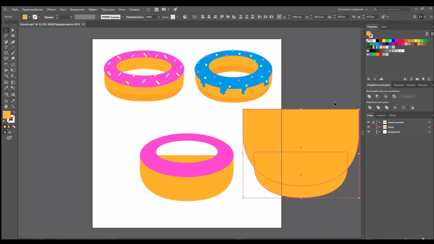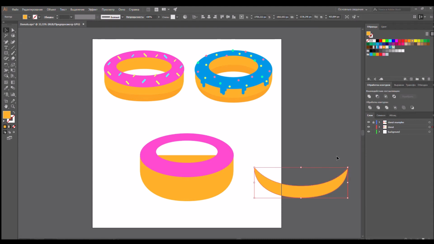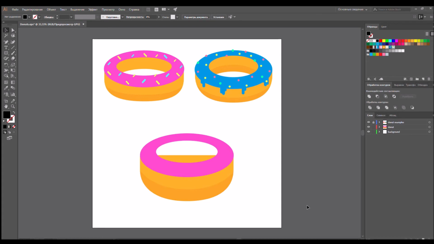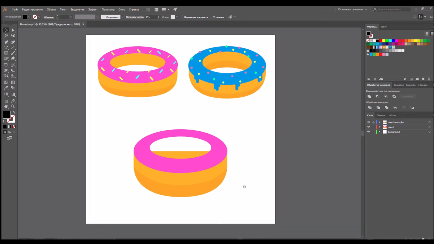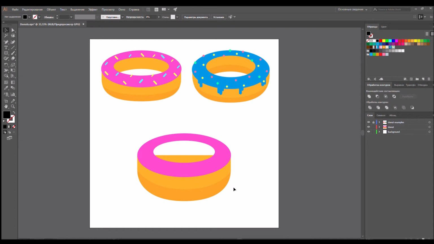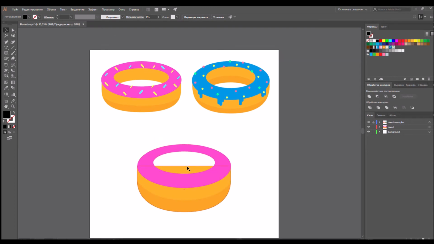And now I can use our Pathfinder tool with minus front and add this part on the bottom of our part of the donut and add this color. So we have some shadow,